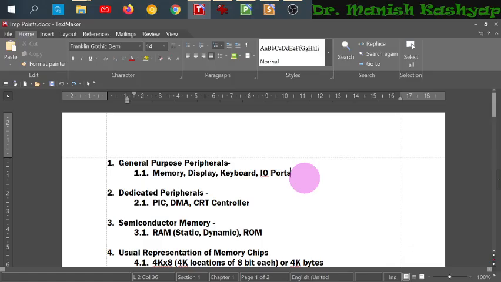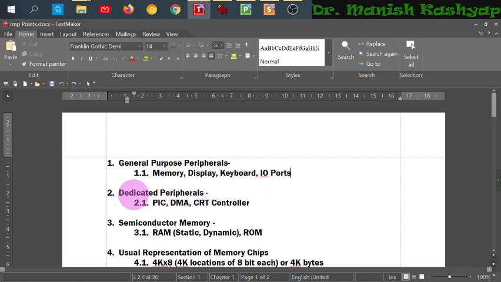Because if you have some USB device, or in those days when these microprocessors were designed, if you have some specialized chips which contain some data, you need to take data from those chips. For that, you need to have some input-output ports. So these are general purpose peripherals. They need to be there. These are the basic minimum peripherals that should be there in the microprocessor so that it should be able to